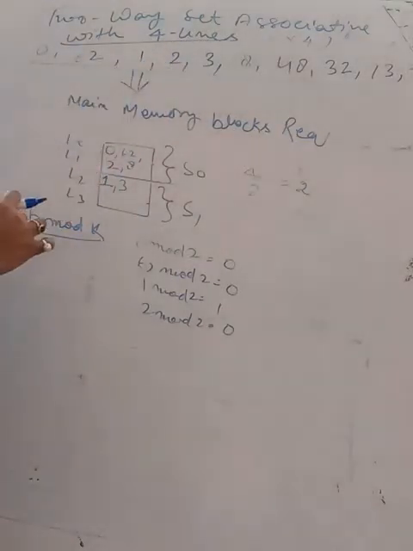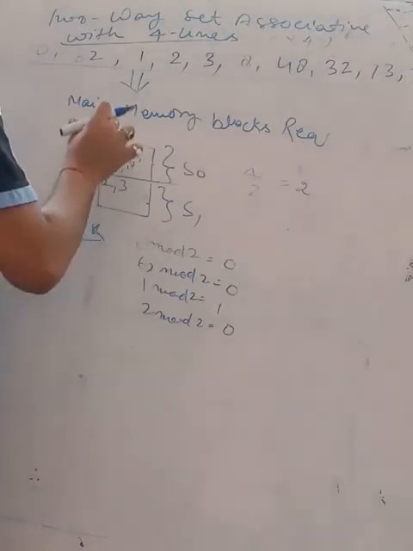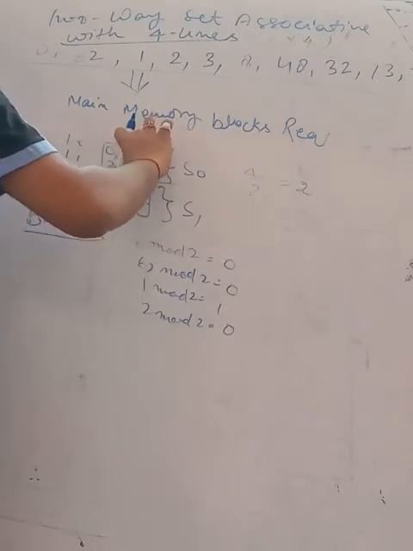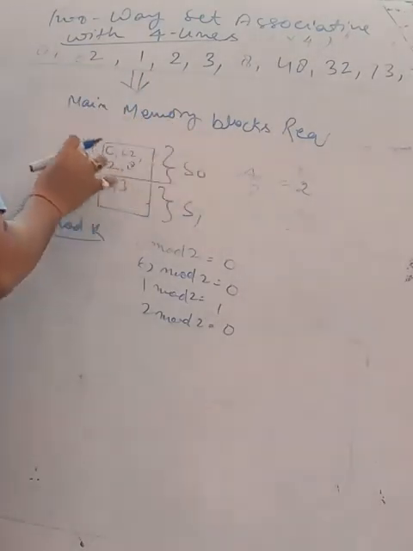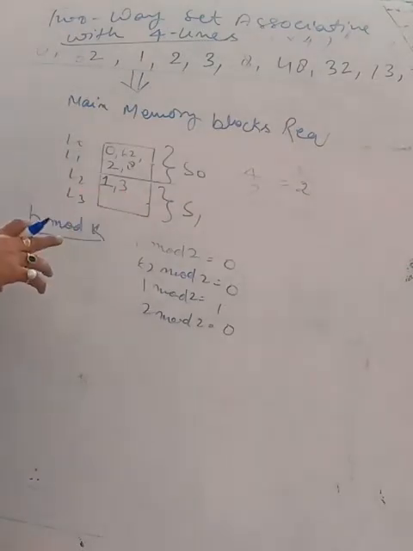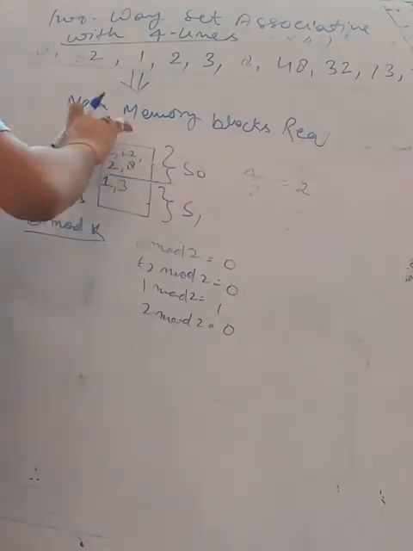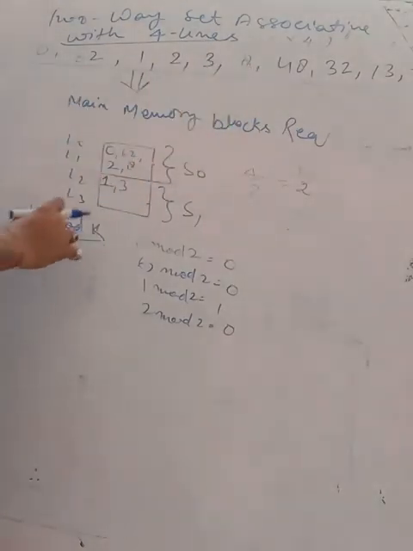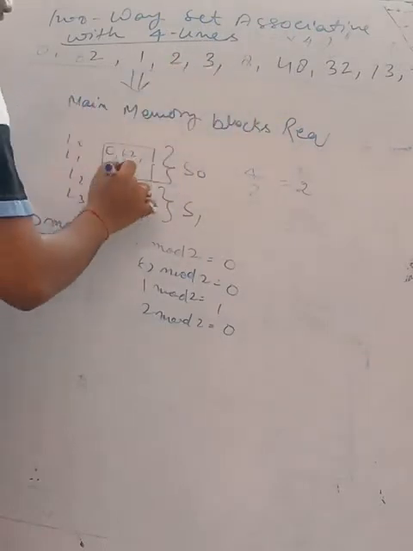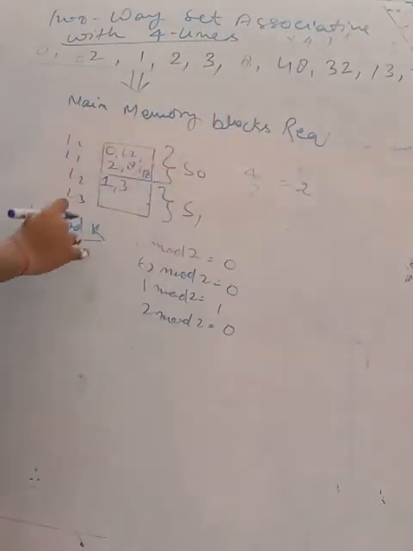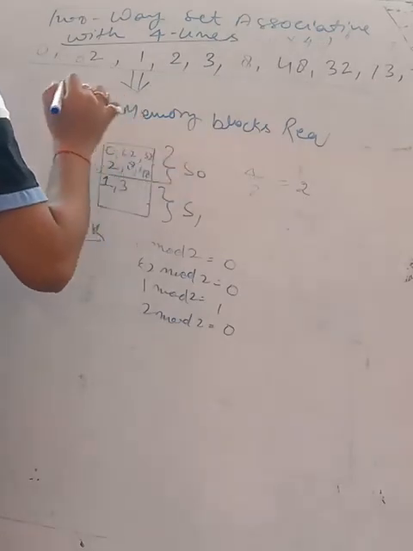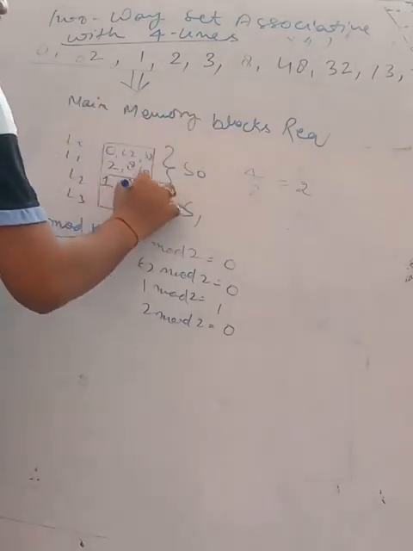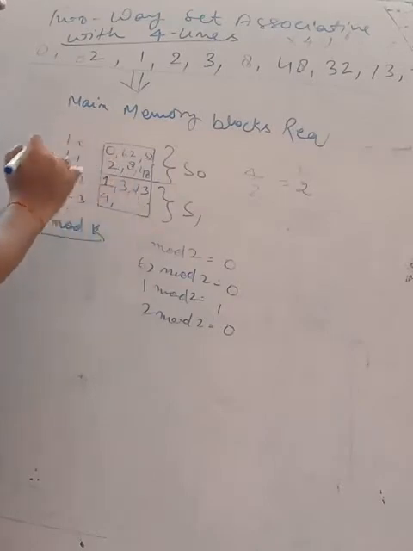In all these cases, when we need to store some data, which data will be removed from the cache memory? Each set can store 8 words, so we can store 8 words in set 0 and 8 words in set 1. Now how will we remove the data? When we talk about 48, it will also be stored in 0. 32 will also be stored here. 73 will be stored here. 9 will be stored here.